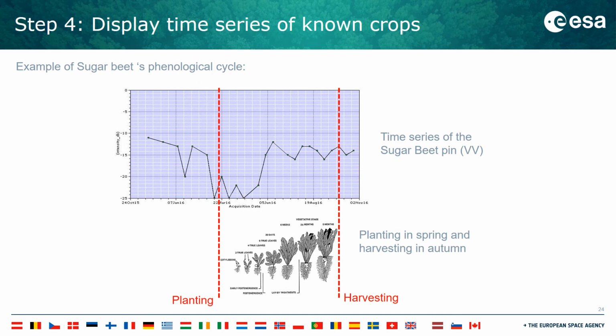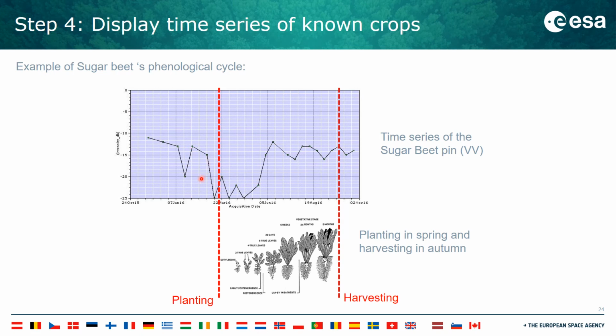Sugar beet also seems to be nicer to interpret, because on this occasion I didn't need to do the cheeky trick of putting one time series after the other, because the planting and harvesting fit in the timeline where we have data. So it was planted around here. We see that the backscatter is low, some ups and downs, okay, but it seems to stay low, and then it starts going up as the plant starts growing, and the backscatter from all the structure of the plant starts having more contribution, right? And then it's kind of maintained,